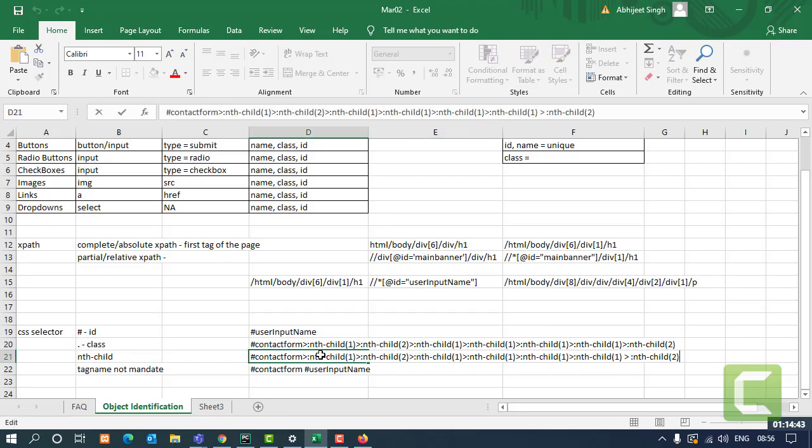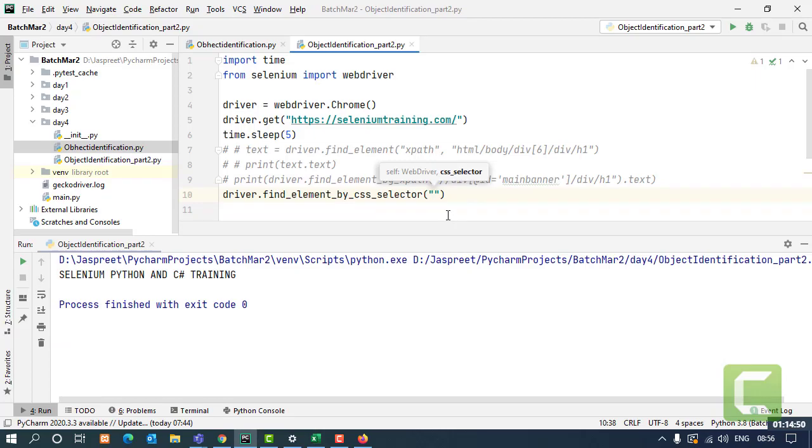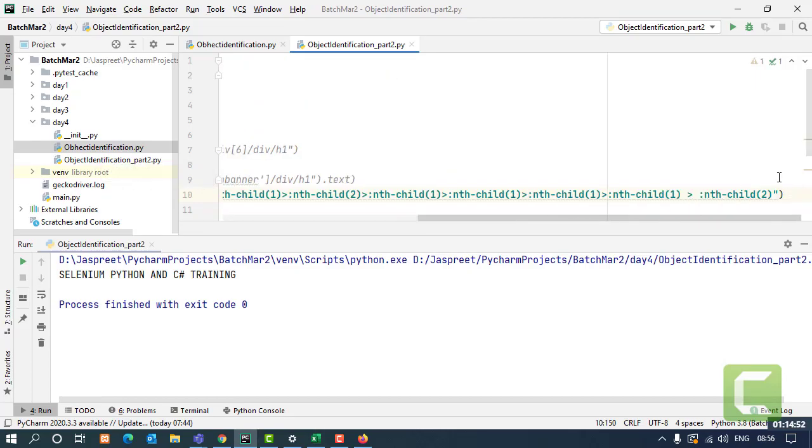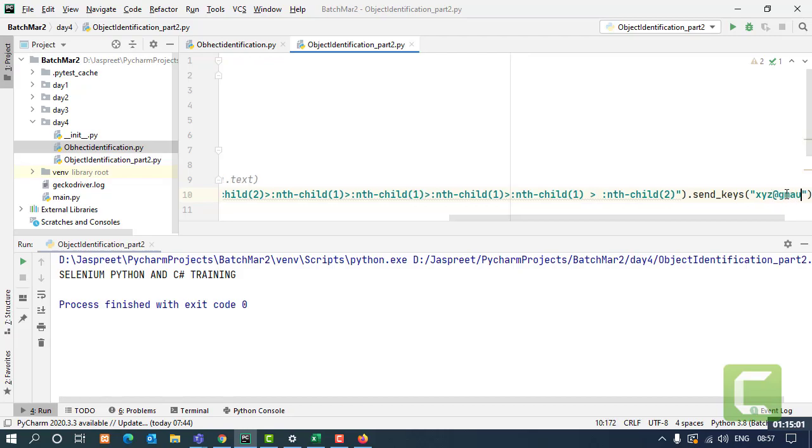So I'll copy this, Control C, paste. Here I got it. Dot. In case this was a text box, I'll just use this at gmail.com. Okay. Now if I save this and I run this,